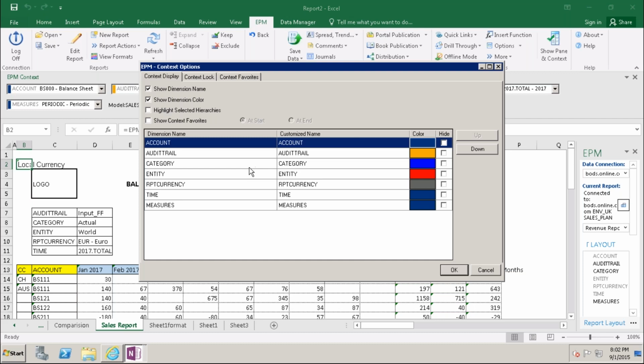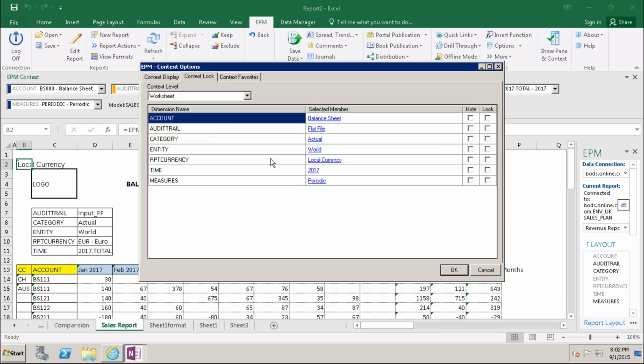In the context options, this is the most important one. Here the context options work at the worksheet level and at the workbook level.